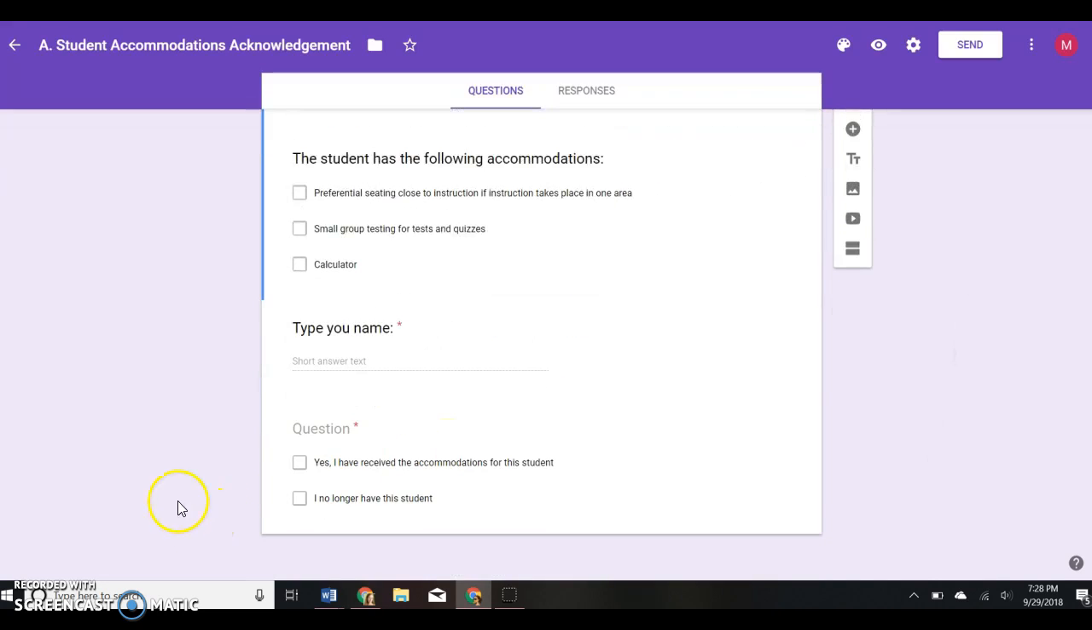I also ask that the teacher type their name in. That helps me keep track of which teachers have responded and which teachers have yet to respond. I've added a question down here that yes, they've received the accommodations for the student, and I've also included an option for that they no longer have the student. This is especially helpful due to all the schedule changes that take place at the beginning of the year and